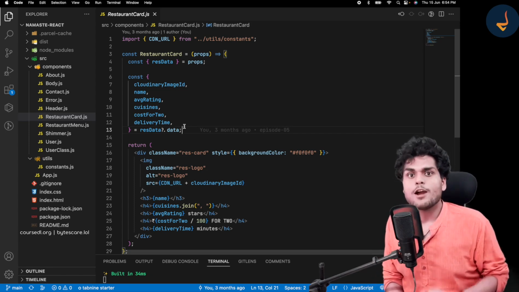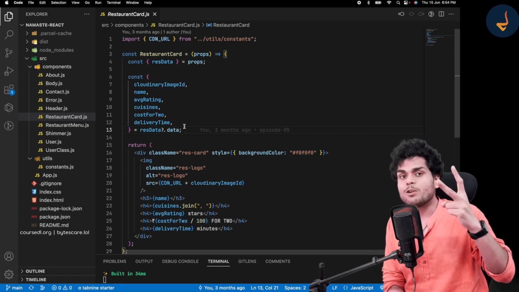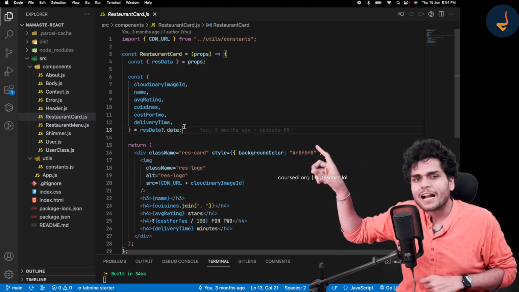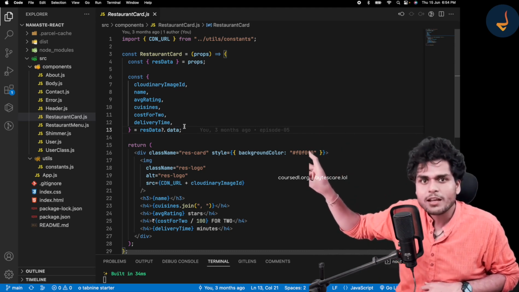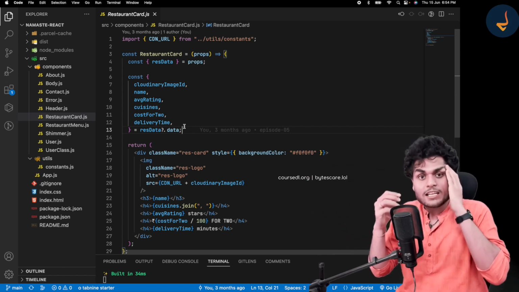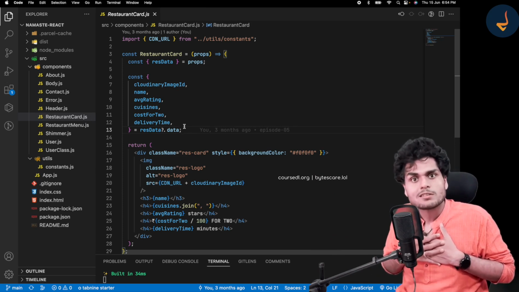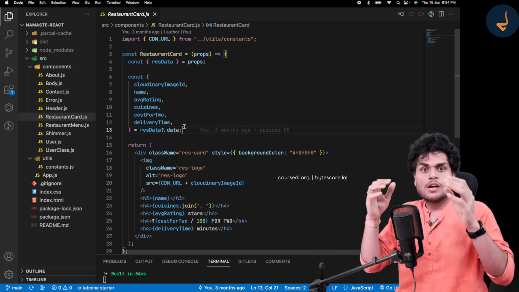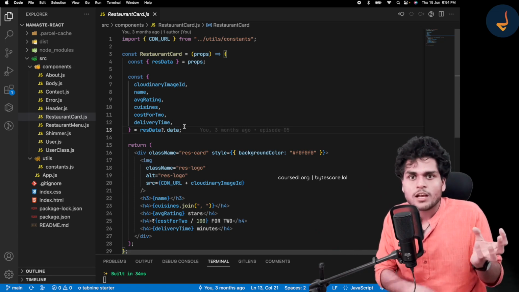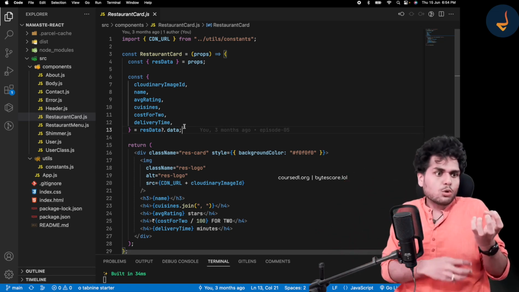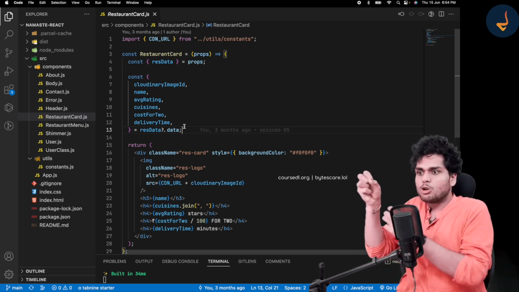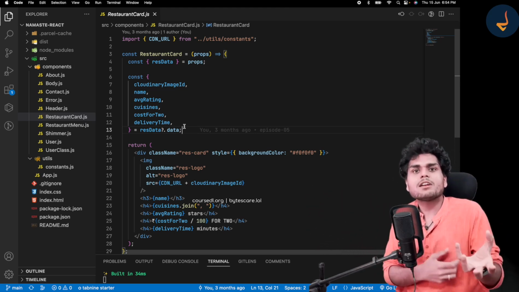There are a few hooks which we have used, given to us by React. The first hook that we studied was useState. The second hook that we studied was useEffect. And there was one more hook, useParams, which was given to us by the React Router DOM library. Just like these libraries give you these hooks, we can create our own custom hooks. In this episode, I'll show you how you can create your own custom hooks and how we can use them to make our code more modular, to abstract the extra responsibility from these components into a different hook.